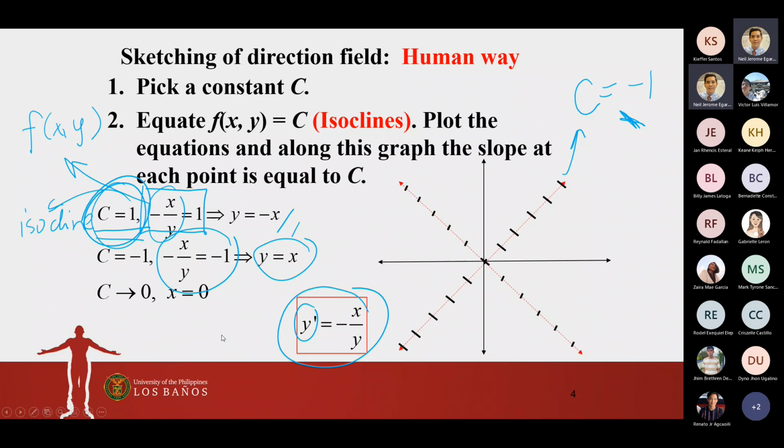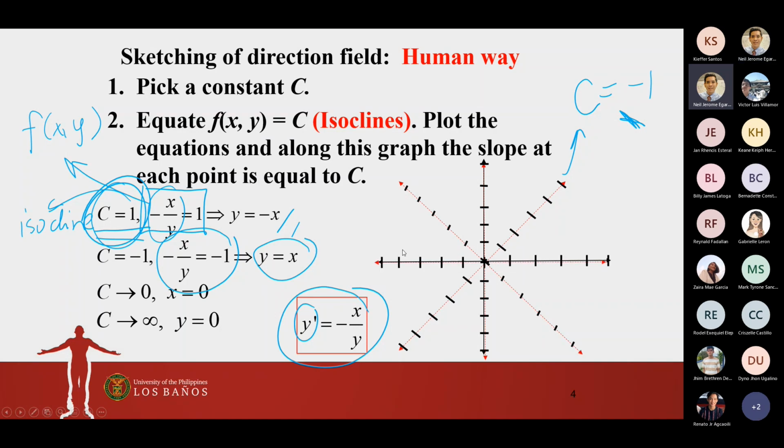Kapag si C ay papunta kay 0, ibig sabihin magkakaroon lang ako ng x equal to 0, ang slope ay 0, so horizontal yung line. Okay? Or kapag si C ay napakalaki, ang y ay equal kay 0. So essentially, you can give any value of C you want, sufficiently many values of C para makita natin yung behavior noong